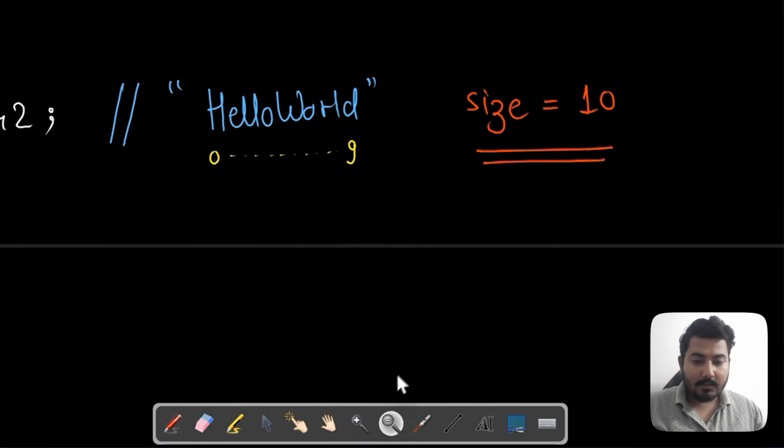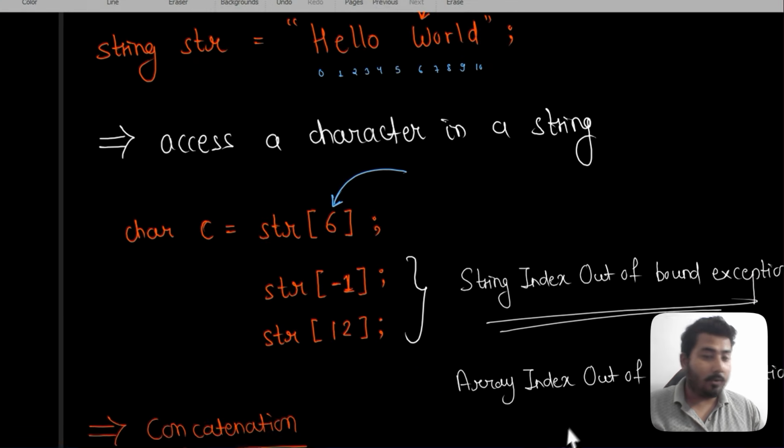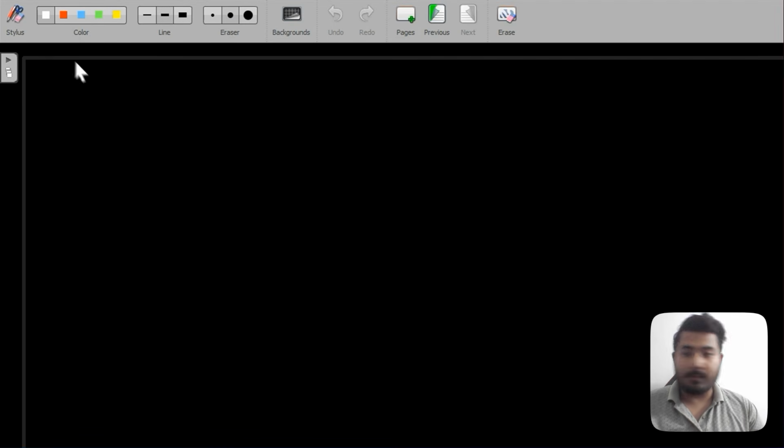Apart from that, there are many other inbuilt functions which strings actually hold. Let me show you a couple of them. Then, at the end, I will give you a list of all the inbuilt functions as well. Let's suppose we are talking about insert,